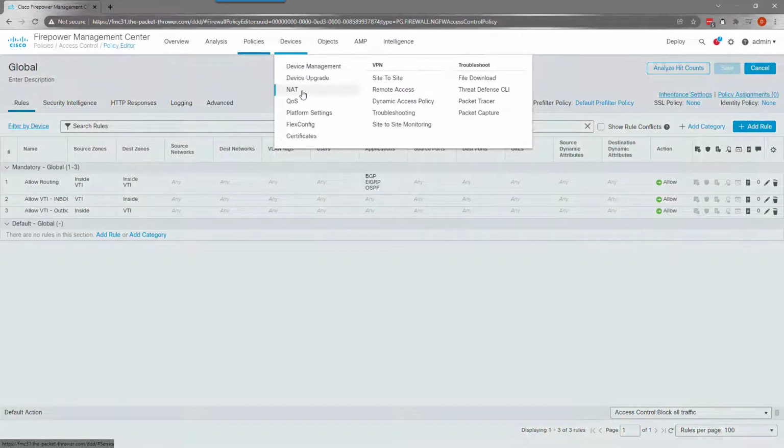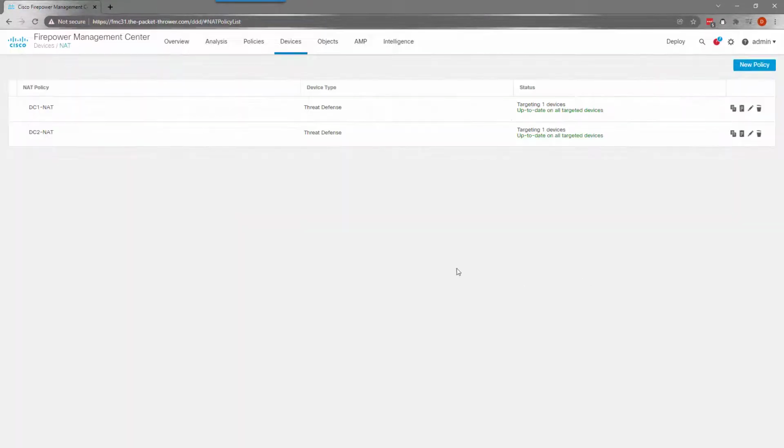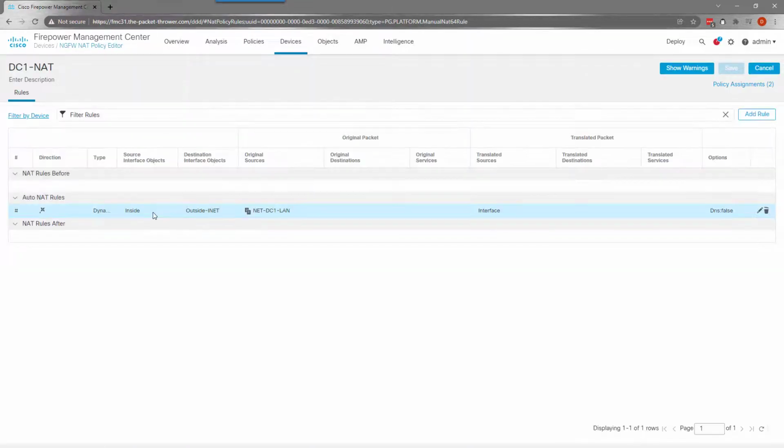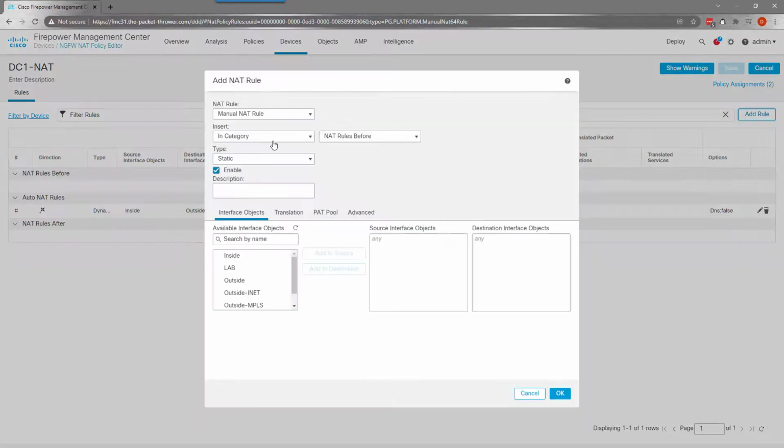And then before we push the rule, we also want to make sure that our NAT is sorted out. We already have a rule that allows the internet traffic, which basically says that if it's going from the inside to the outside, then just put it on the outside interface. What we need to do is tell it to not NAT the VPN traffic. So what we do is go add rule, manual NAT, and